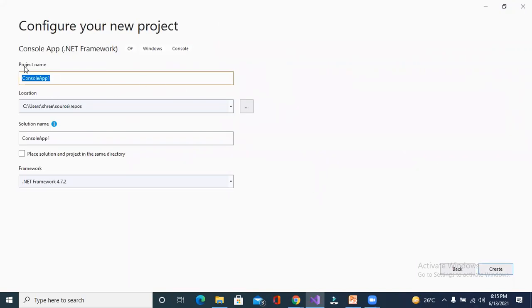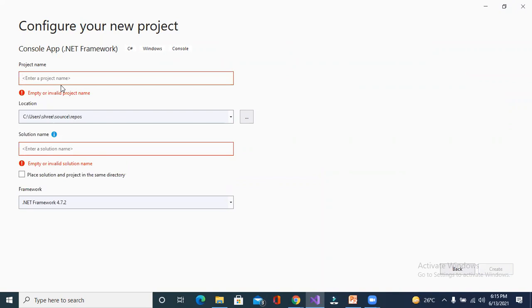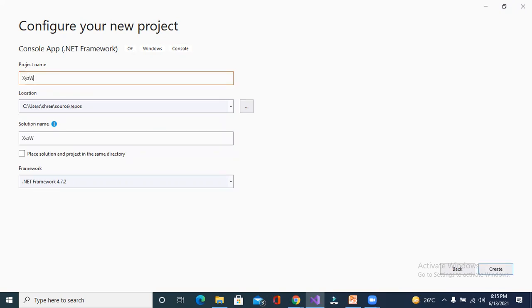After clicking next, you have several options: project name, location, solution name, framework. Now, what is project name? The name which you want to keep for your project. Just for understanding, I am making some project for company XYZ. What will I give as the name? XYZ web project. With the help of the name, anybody can understand the type of project. This is the web project, and the name of the company is XYZ, right? This one is the location where you want to store your application. In my case, this is the default directory where I am going to store the application, right?